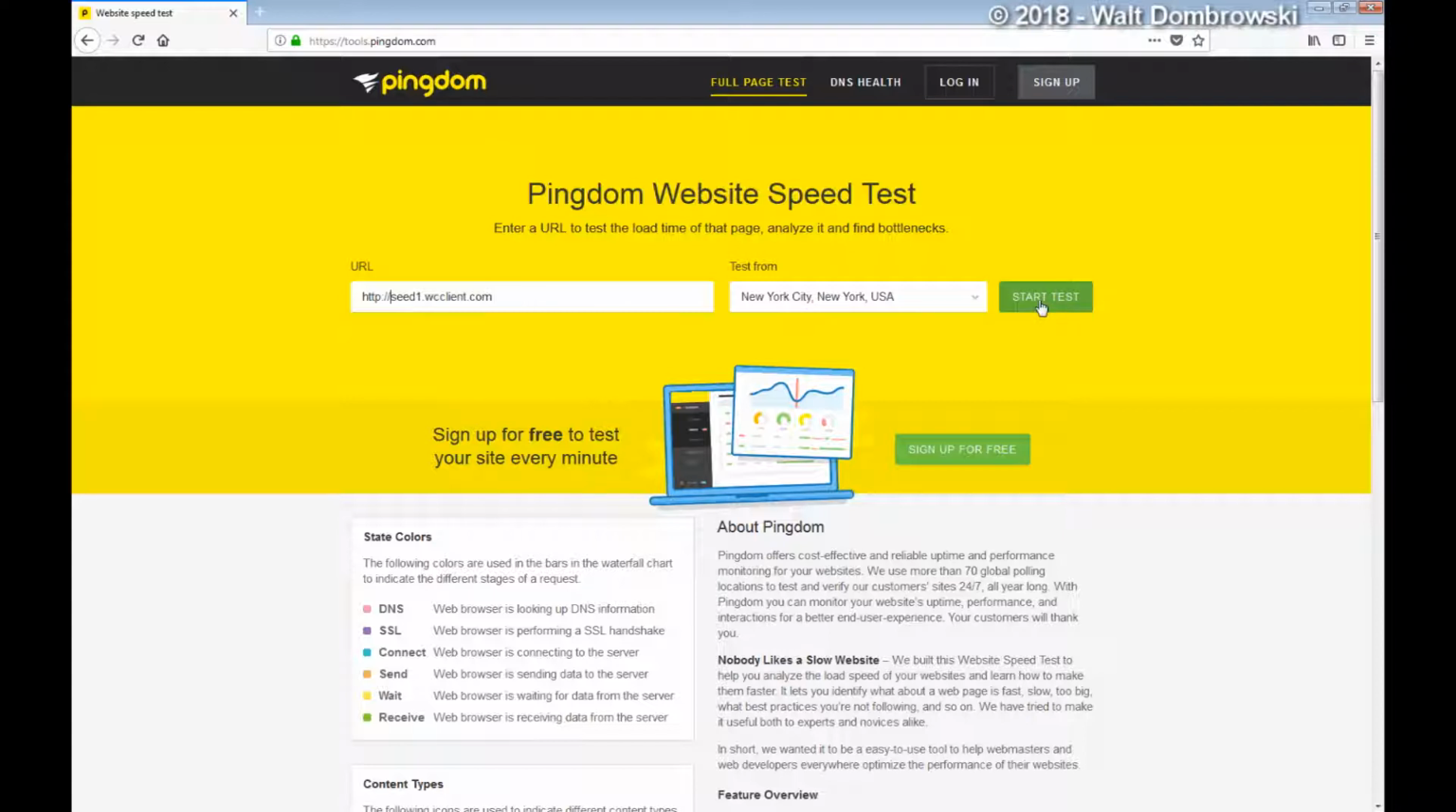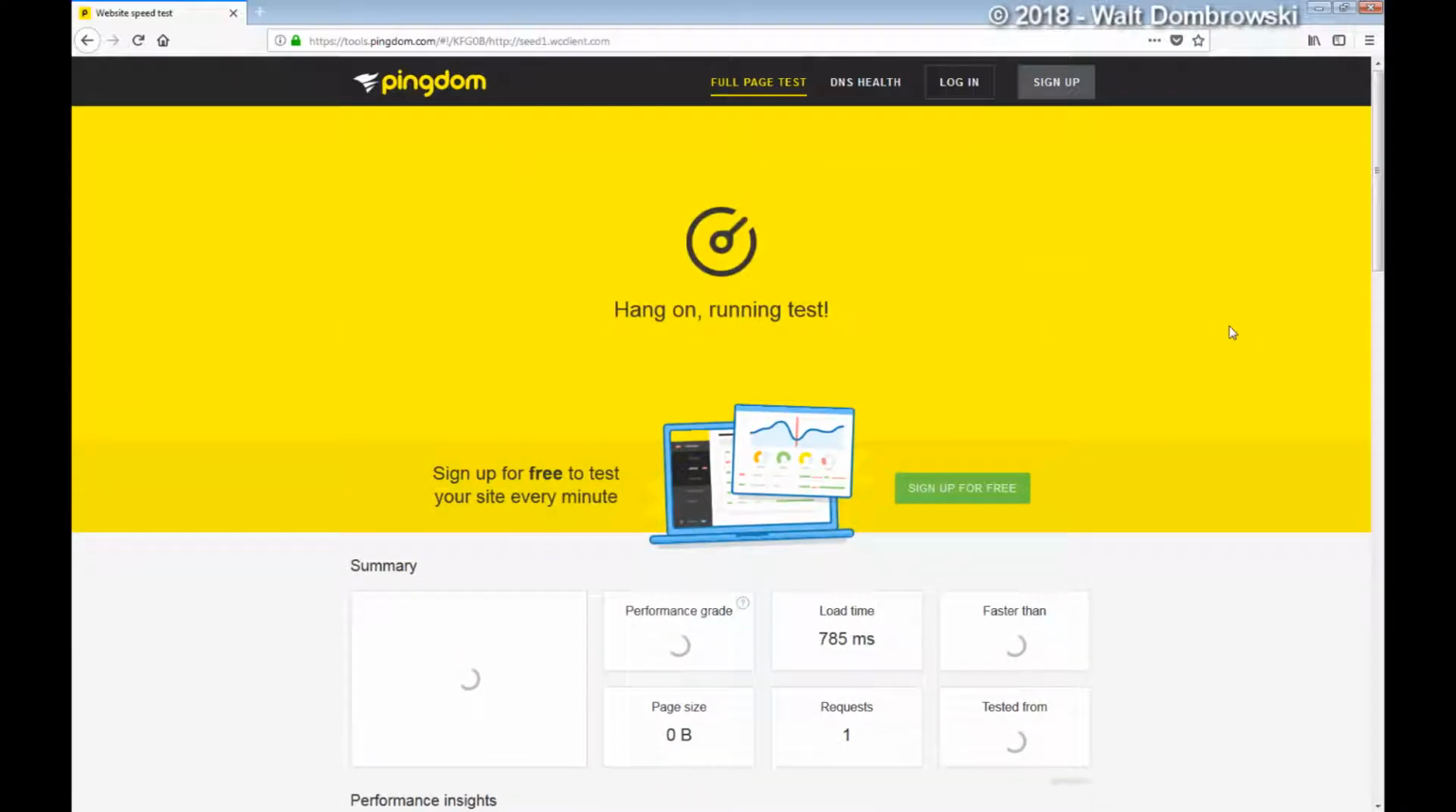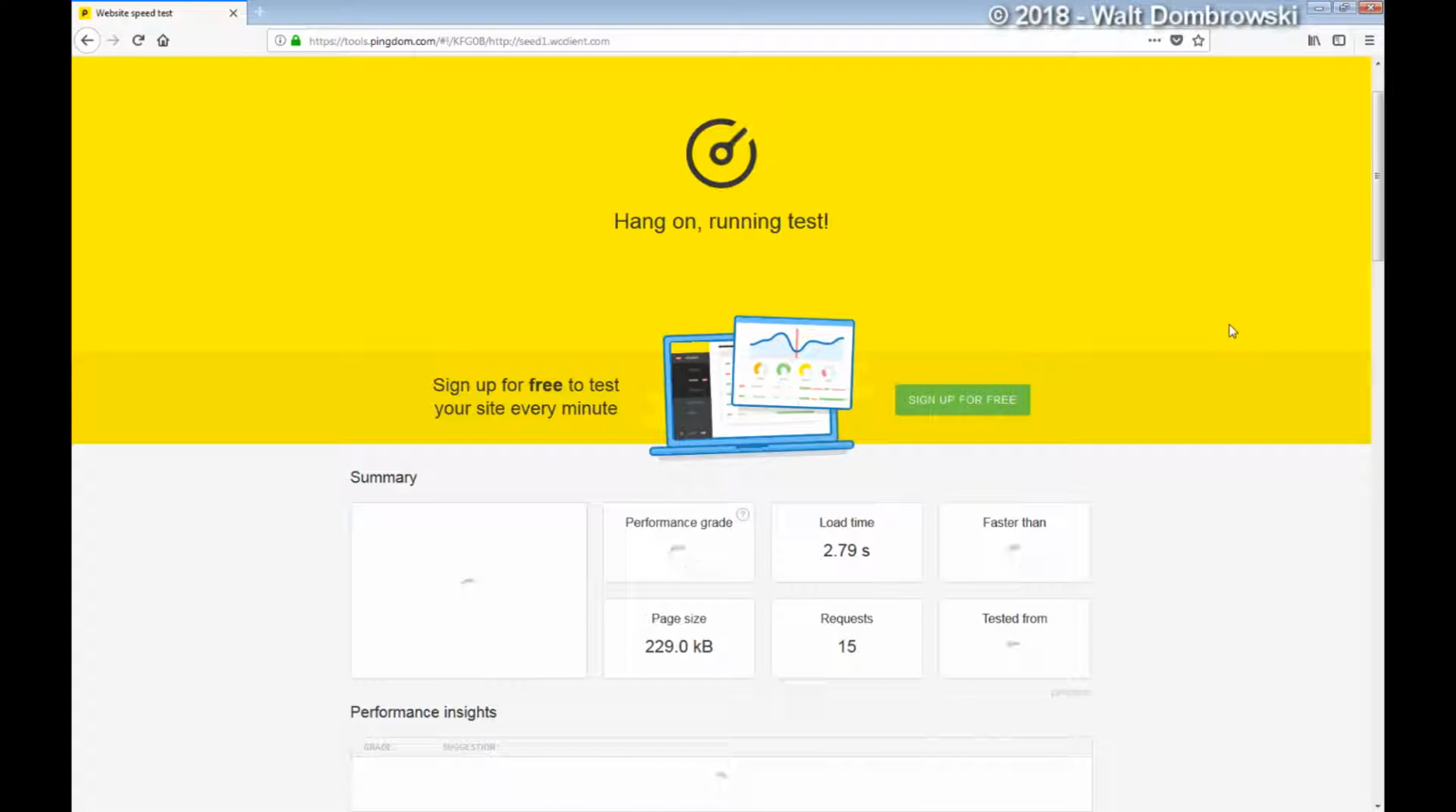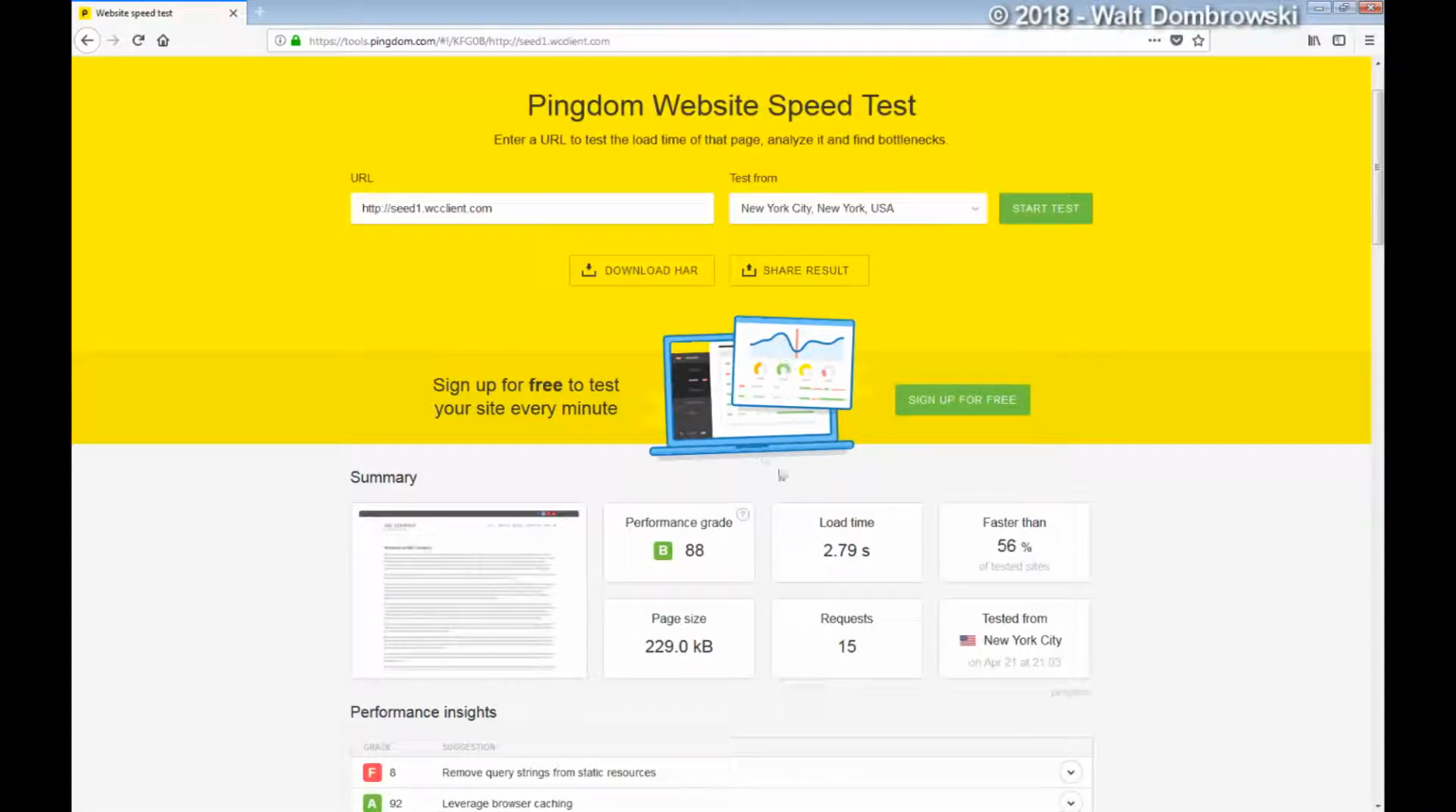Okay, so we're going to start the test. Sometimes, depending on the time of day, you may be placed in a queue or it may run right away. So let's see how busy it is. Okay, actually it's running right now. It's generating a performance grade, looking at the load time and comparing it to other sites, and showing where it was tested from, how many site requests there were, and the page size. The overall grade is a B with a load time of 2.79 seconds,